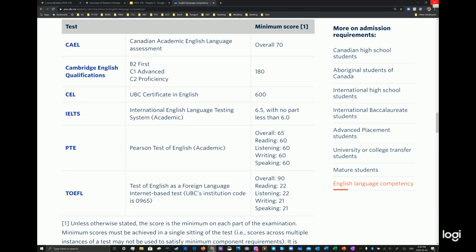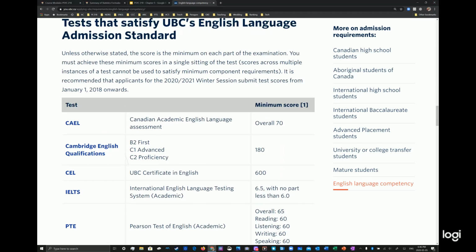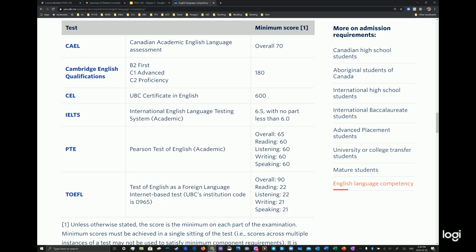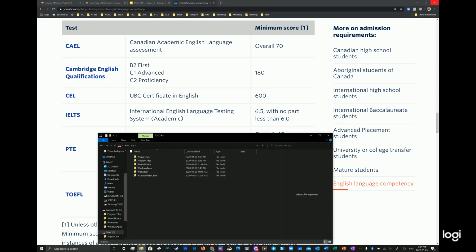Here is a table of 6 different English language proficiency tests that UBC has for their English language admission requirements. I did this with our classes, whether they're online or in the classroom, as a way to help us picture and think about how we might need to compare distributions. So the goal here for international students who go through this system would be, I need to show UBC that